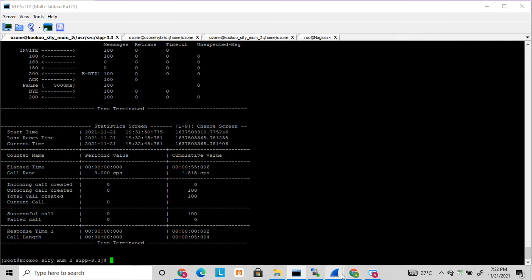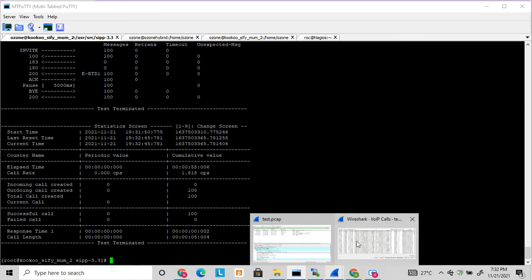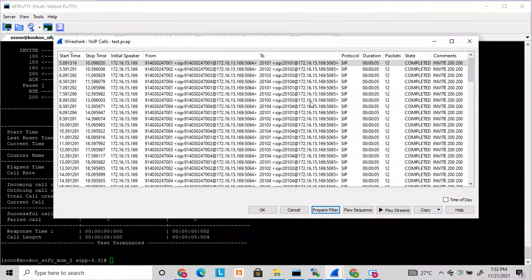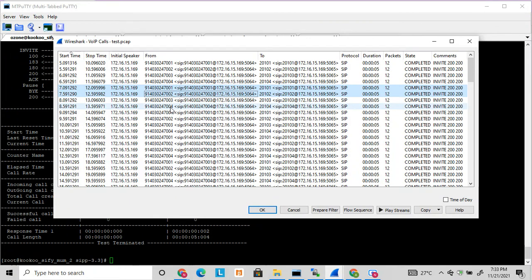Now see, I have captured Wireshark for the same. Here the from number is 7001, which is my field 0, and the to number is this, which is my third field. Again it started from the beginning, again.